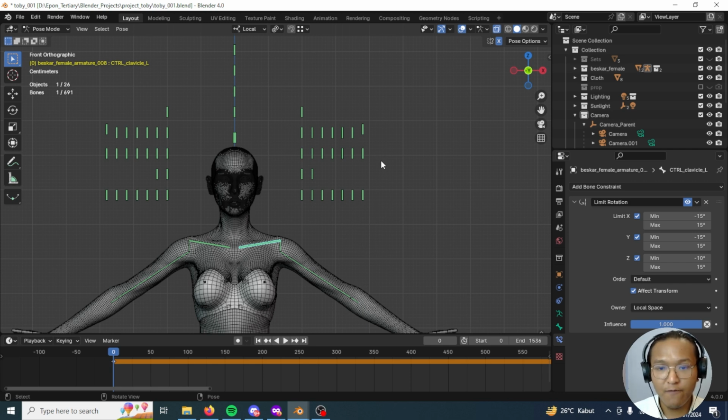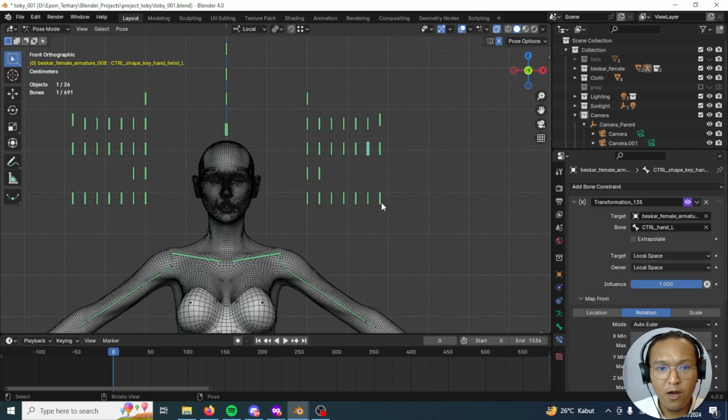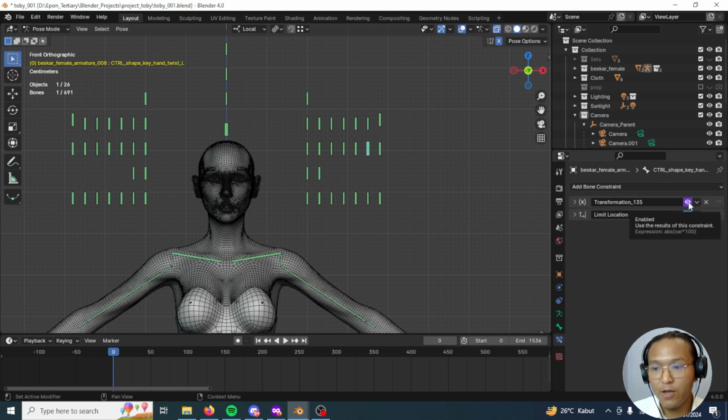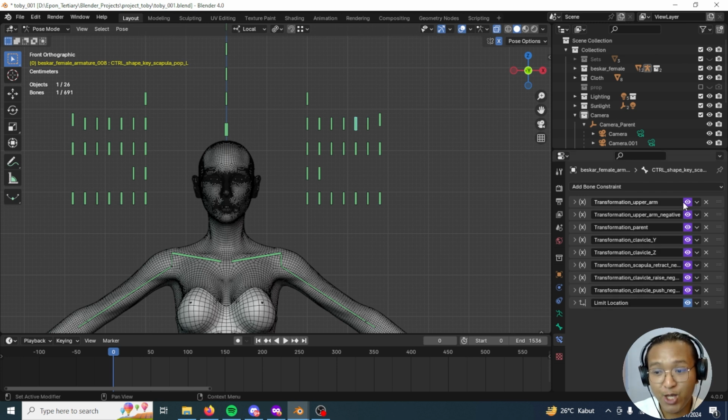It's going to be easy to fix for a case like the hand twist, which only has one transformation constraint. But if we have one like this which has 8 stacks of them, it's going to be hard to identify which transformation constraint causes the problem. So by being able to switch each one of them on and off, we can single out the cause of the problem pretty easily. And third, we can even further modify the transformation constraint by putting drivers on top of